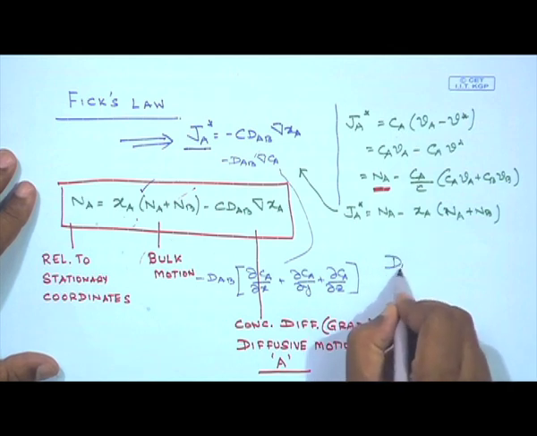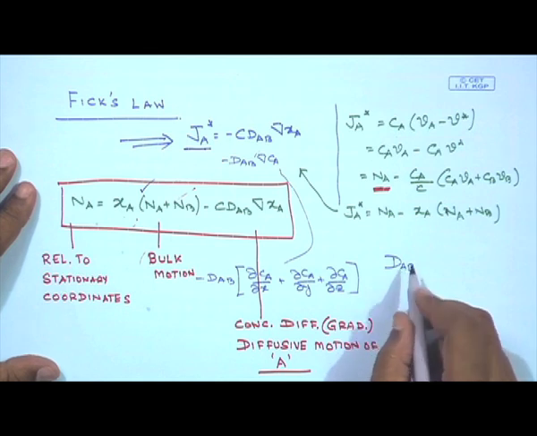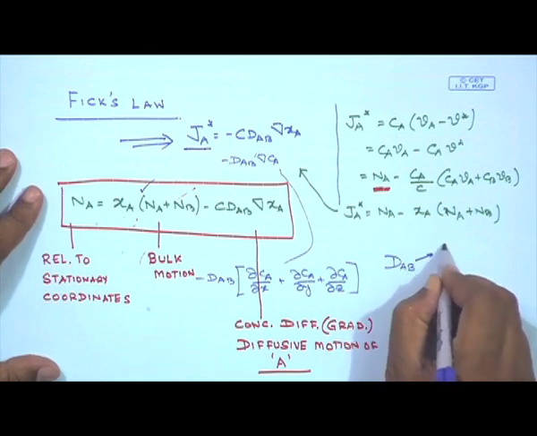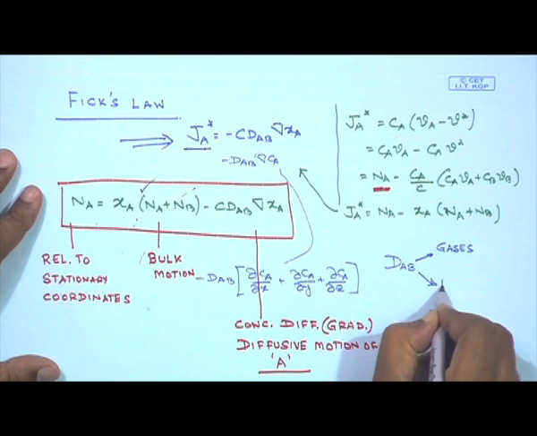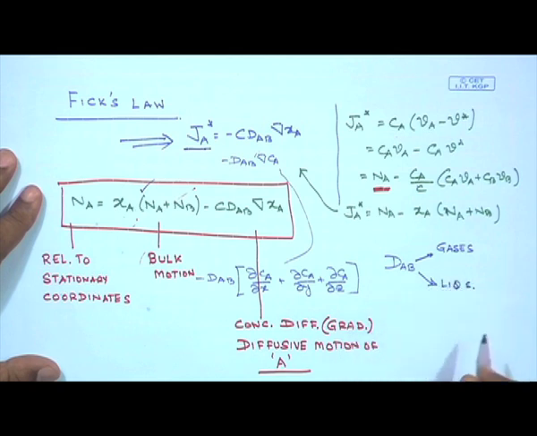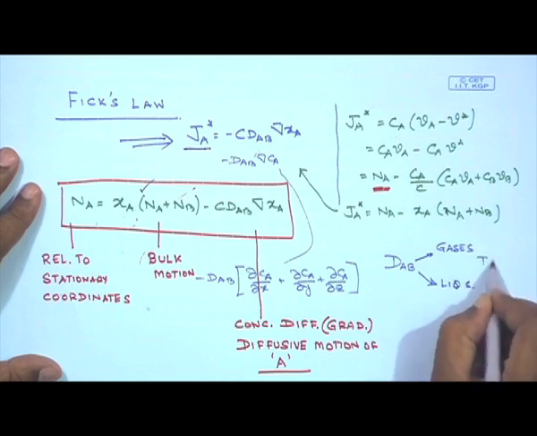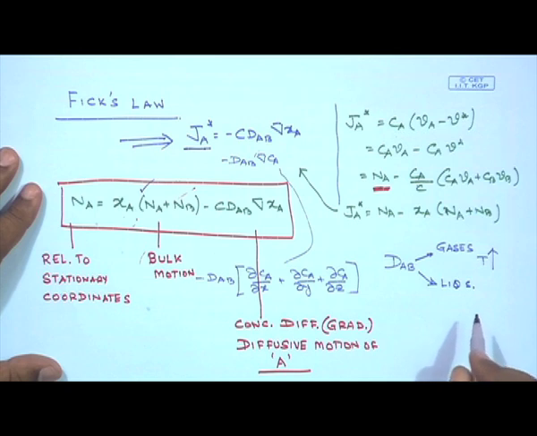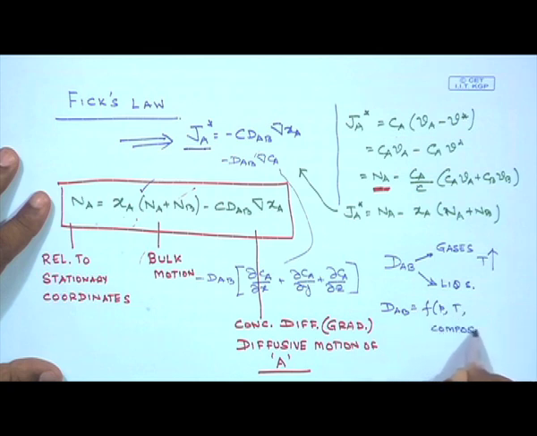So, this DAB, which is the diffusion coefficient of A and B, behaves slightly differently for gases and for liquids. Okay. So, both of them increase with an increase in temperature. It's a function of pressure, temperature, and it could also be a function of composition